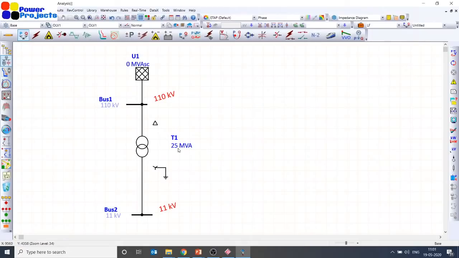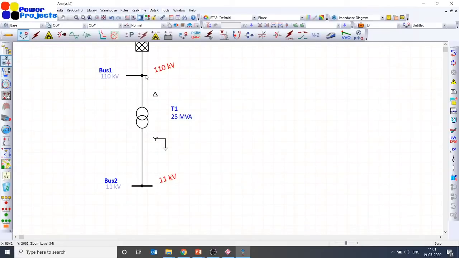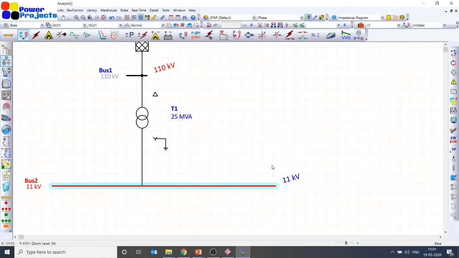The transformer is 25 MVA. So you need to understand that there is an industry which has about 15-20 megawatt load, which has a 110/11 kV, 25 MVA transformer stepping down to 11 kV and feeding its loads, right? So we will try to introduce some variable frequency drives. Assume that it's a cement industry or a tire industry or a steel industry which has variable frequency drives, and probably we will also add some solar panels. Assume that the industry has some rooftop space or land nearby where they are adding the solar panels. Then let's check what is the impact of these loads or the solar inverters or probably wind turbine generators on the harmonics, right?